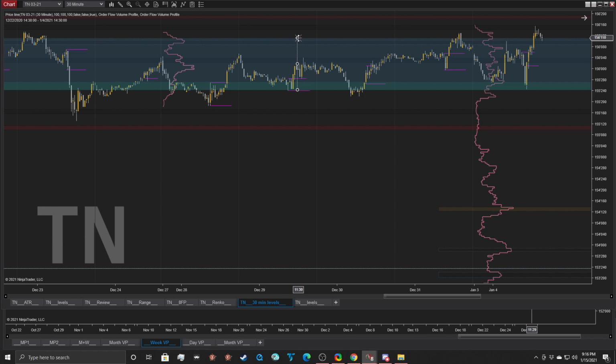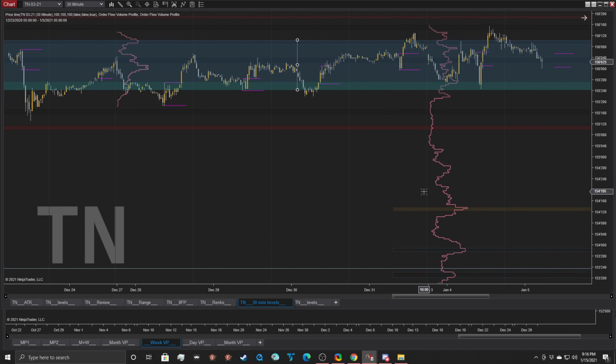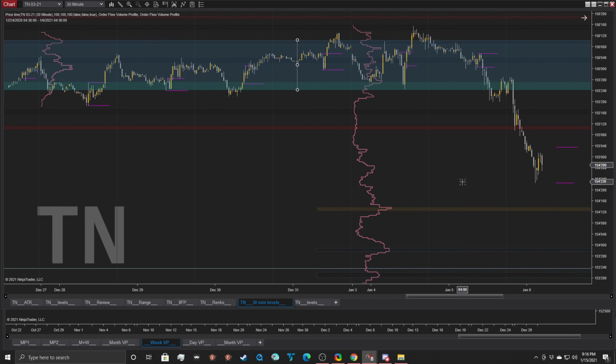Sorry. Let me get that back up here. See how it defined that rotation again? And now what happens? It comes down to lows, comes back up. And what's it do? It goes to test an older accepted value level. And of course, once we drop out below this bullish area, it's